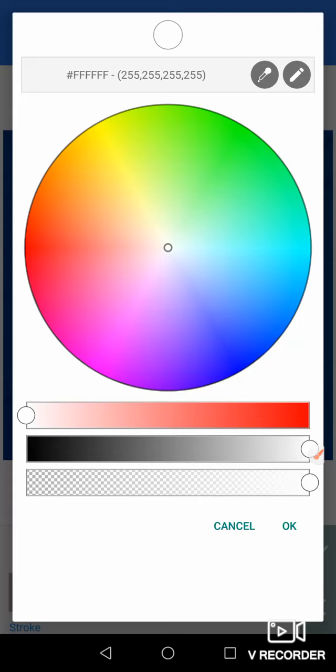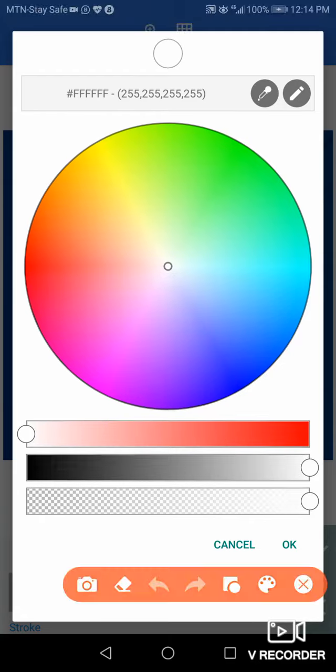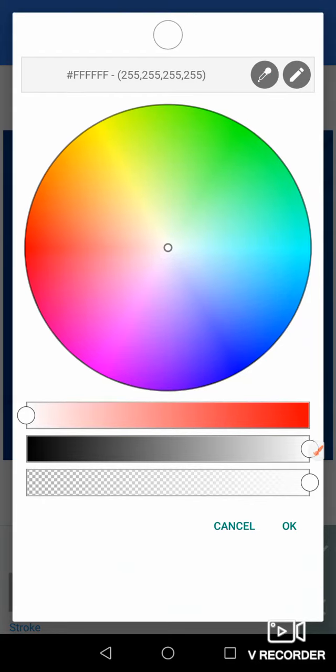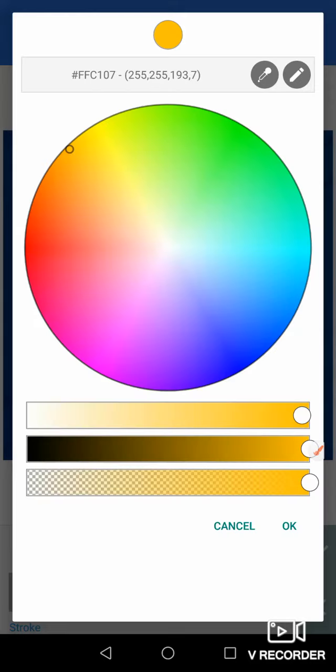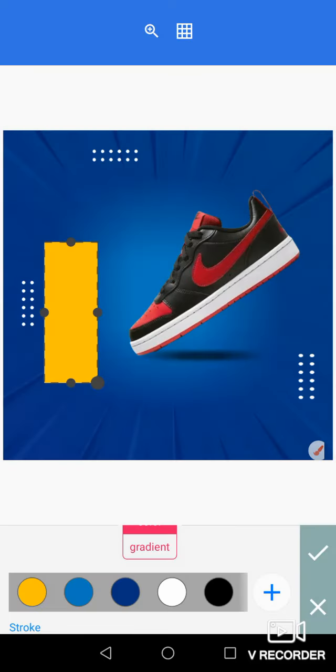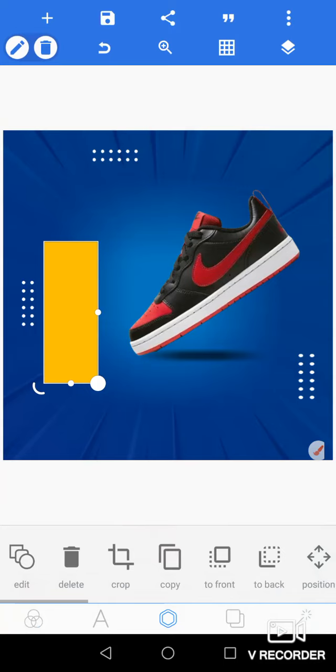I don't know why this screen is hard to press. Click on this eyedrop color here, click on your reference material, take your circle and place it on the yellow. You want this yellow, so you click OK, and then you have yellow, so leave this place here, rotate it